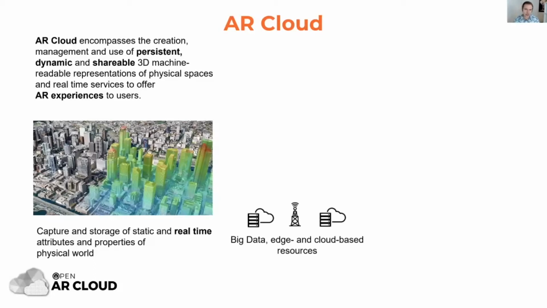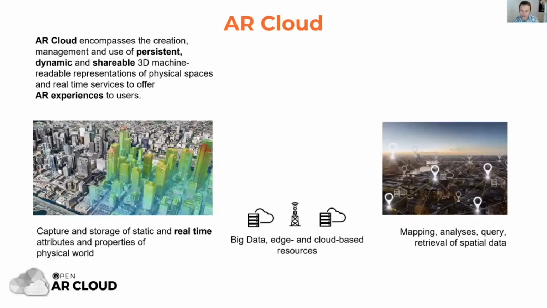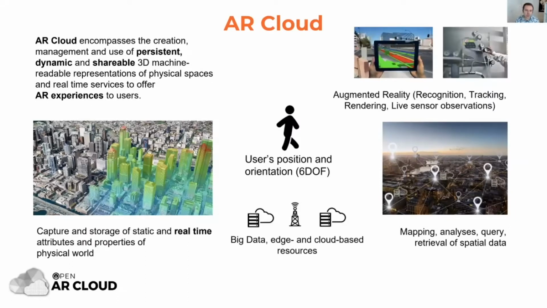Now to make these AR clouds, not just on your device, you need networking, and you need cloud and edge cloud resources. Now you can start to do processing and try and analyze the data, do stuff like determining the position and orientation, the 6 degrees of freedom pose of users. You could assign different types of experiences that unfold as you move through the space. So you can bring up relevant experiences and content as you move through the space.